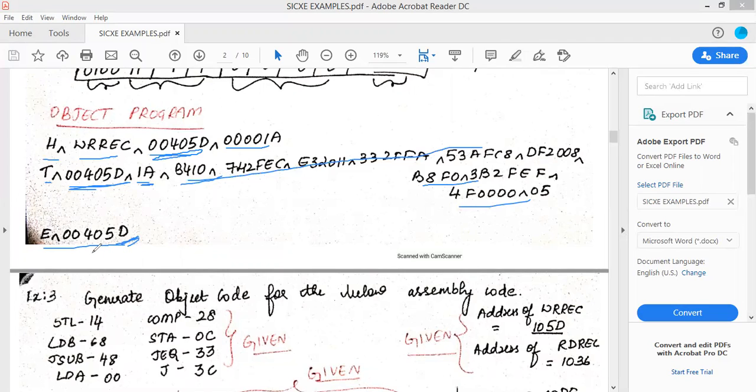I hope all these examples that I have taught to you so far are clear. So I suggest you go according to the sequence. First go through the SIC code that I had uploaded in the beginning. Then move on to SICXE example 1, example 2, example 3, and then come to example 4. Because in example 4 I have skipped a few things which I have already covered in the previous examples. Probably you may think, why is ma'am skipping everything? So go through the sequence, you will understand. I'm sure you will definitely understand.